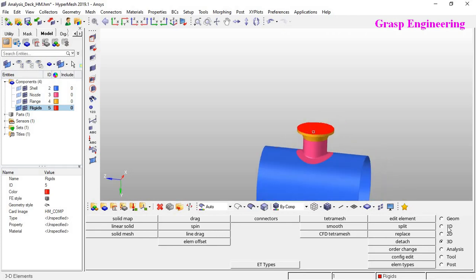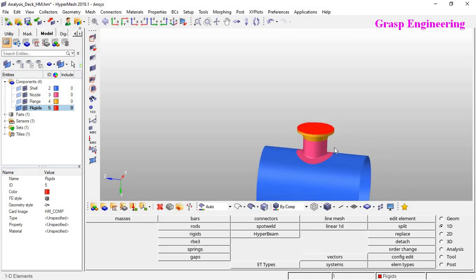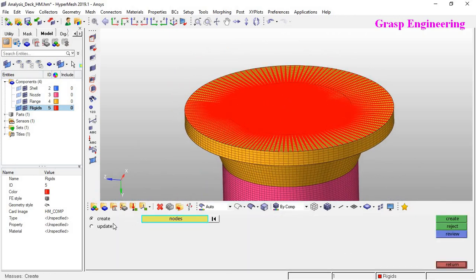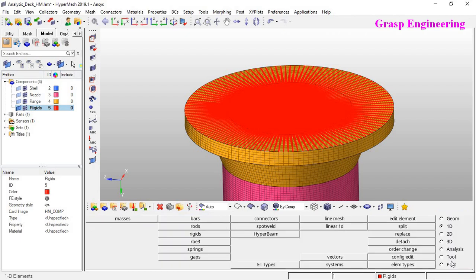And now let's go to masses. For this respective node, I will create a center mass point, right? If you will not create this center mass here, it will create an error when you will open this respective file. So we will just create a simple mass create, okay, return. Now we created one more mass element.